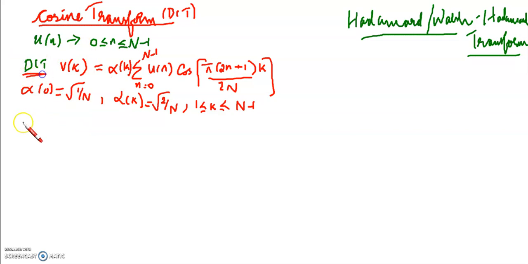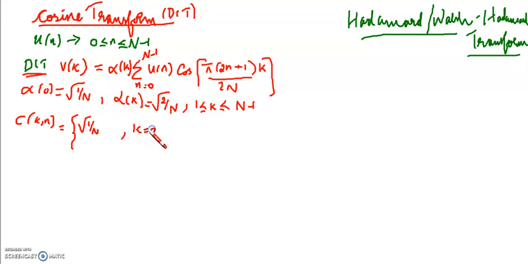Now from the cosine transform, we can write down the cosine transform matrix. Let me represent it as C(k,n). When we studied the Fourier transform, we represented the transformation matrix in terms of 1, j, minus j, etc. Similarly, we can write it in terms of the cosine transformation matrix. As we know, alpha k has only two values, root of 1 by N and root of 2 by N, so I can split this cosine transformation matrix. For k equal to 0, alpha k is root of 1 by N, and then you have cos 0, that is 1.